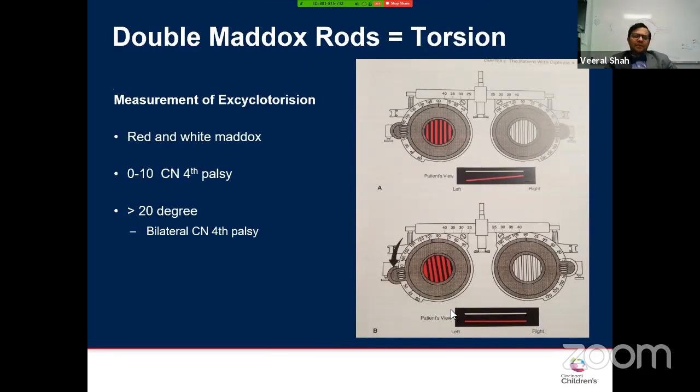I just wanted to talk about it because it's something that comes up with us in neuro-ophthalmology, the double Maddox rod, which is to measure torsion. So one of the muscles that I've talked to you about was the fourth cranial nerve, which innervates the superior oblique muscle. That's involved with torsion. That's involved with vertical muscles. And so if you have a fourth nerve palsy, then you're really going to have some torsional issues. And so this is a way to measure the amount of torsion that may be causing